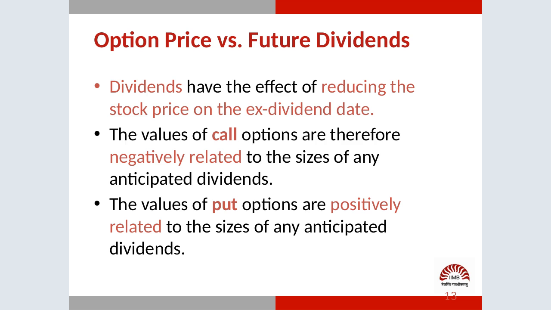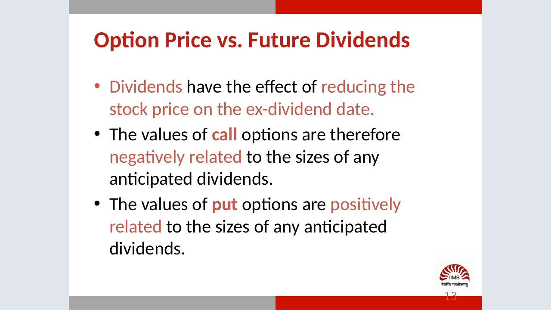So basically, dividends have the same effect as reducing the stock price on the ex-dividend date. Therefore, if you take the present value of that today, that will cause the price to go down. Now, if the prices go down, remember, they're opposite. The prices go down, the call will also go down, and the put will go up, because it is effectively